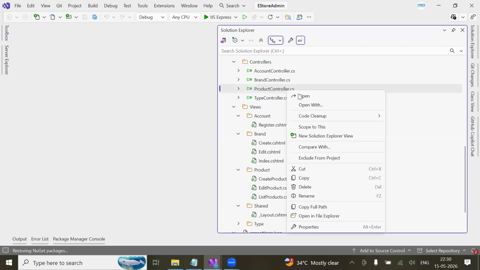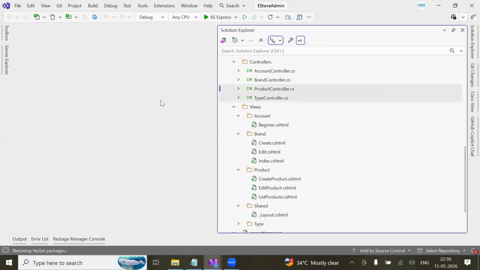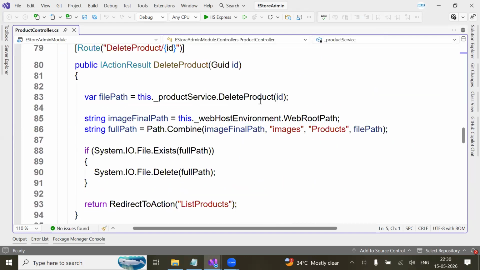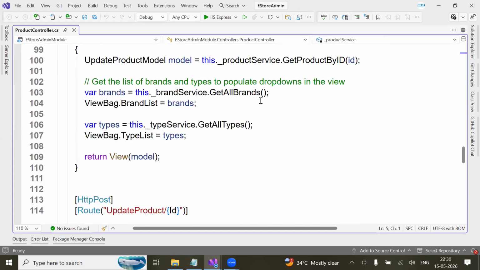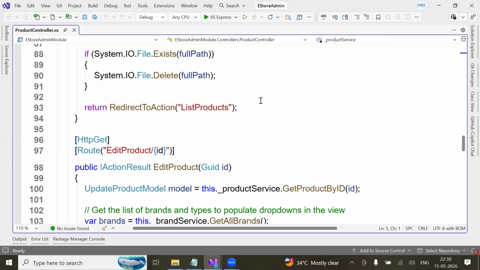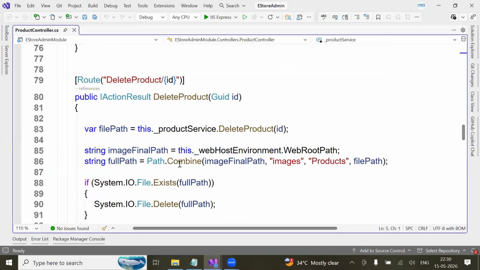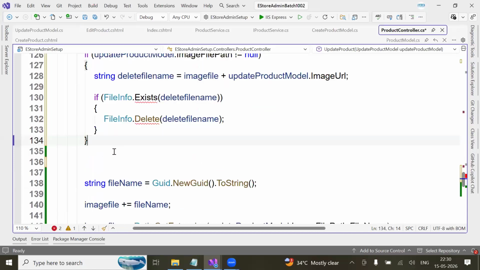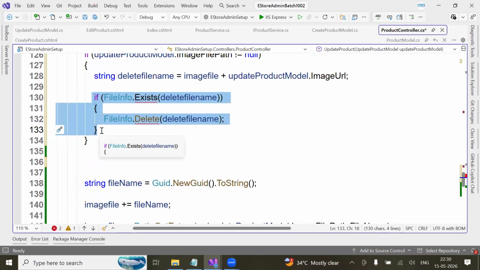Product controller. See, this is how you have to use. If